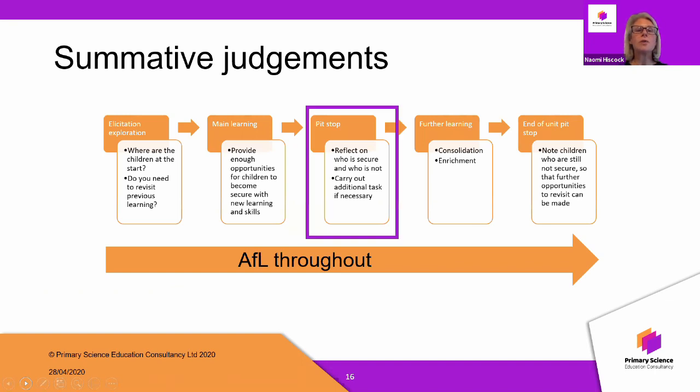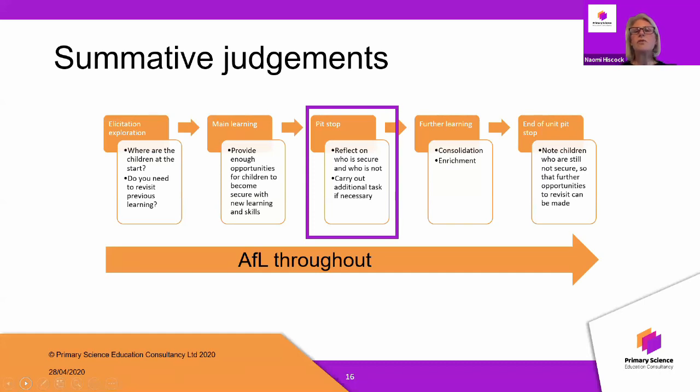So we've taught what we need to teach, and then we need to stop, and it's this reflection. We always need to keep reflecting on what we've taught and what we think the children have learnt. If we've taught it, to a certain extent, we need to think to ourselves, I've taught it, I'm a good teacher, therefore the children should be secure. Unfortunately, we do have to recognise that although we've taught it, children will learn things differently. So we do need to spend some time actually reflecting on who do we know is secure and who do we think is not secure.